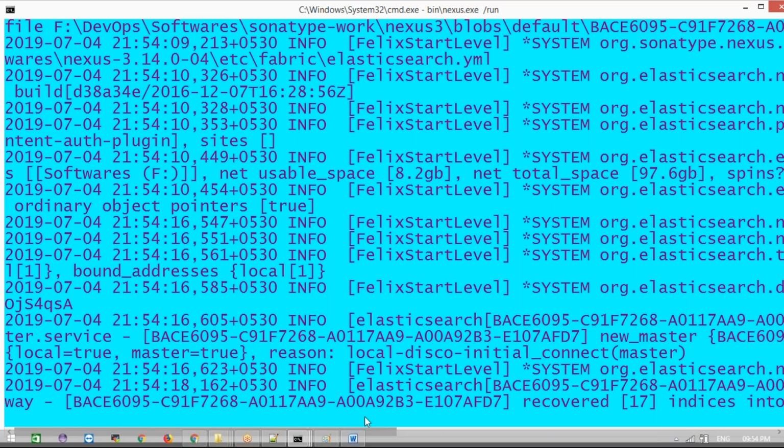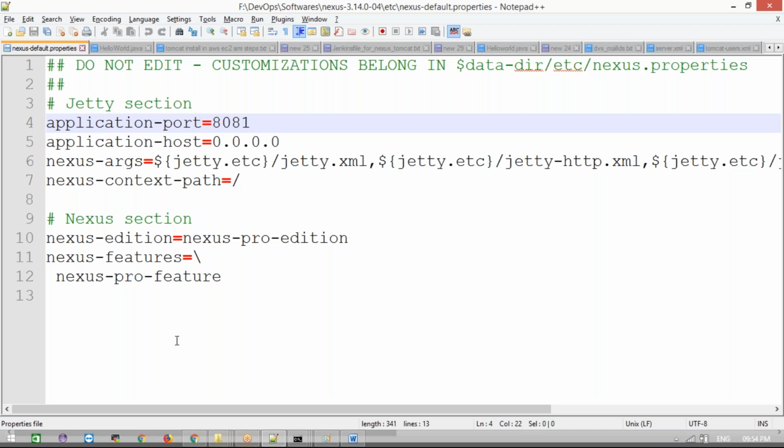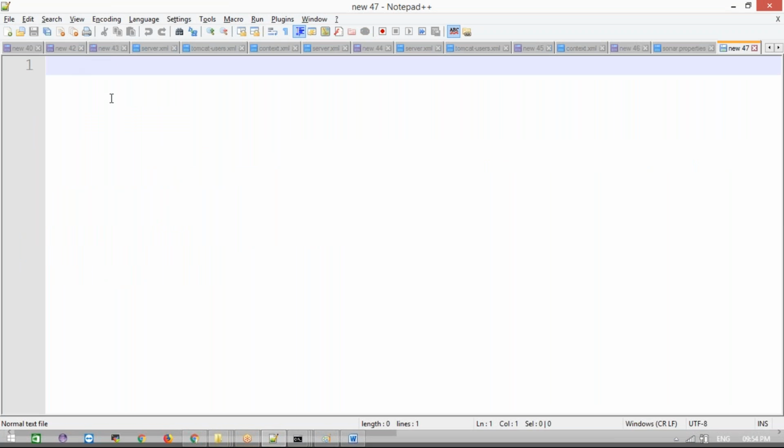If you want to run it in the background, let me show you how to run it in the background. Now this is nexus.exe. In the current path, for example, nexus.exe /run and you put the ampersand here.